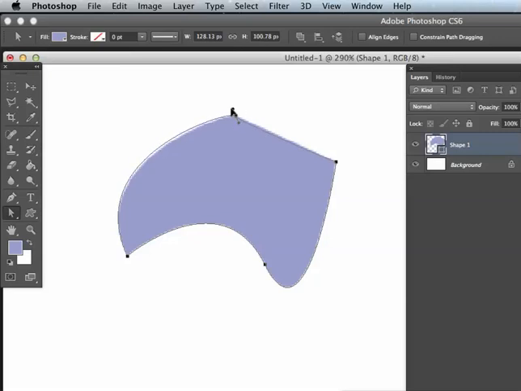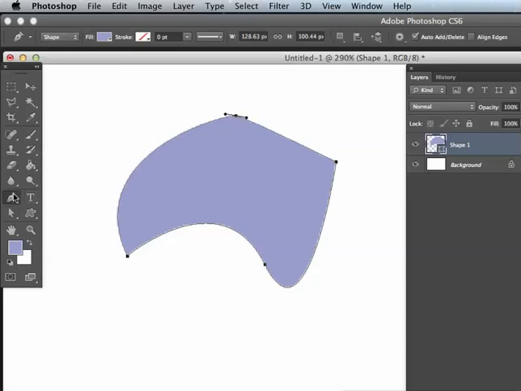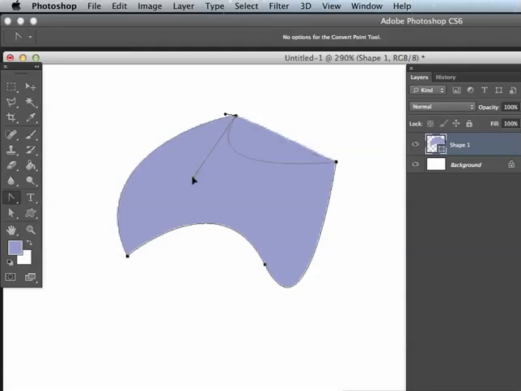Maybe you want to keep this one on the left pretty much the same, and you're trying to change the one on the right. So let go, come back in, you can see it's moving both, which maybe works out for you. But if it's moving both too dramatically, or it's moving the other side away from what you want, and maybe I don't want that to move, so come in, find the convert anchor point tool,